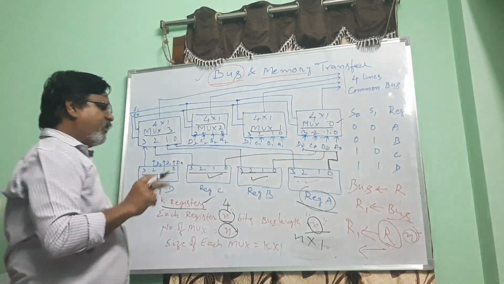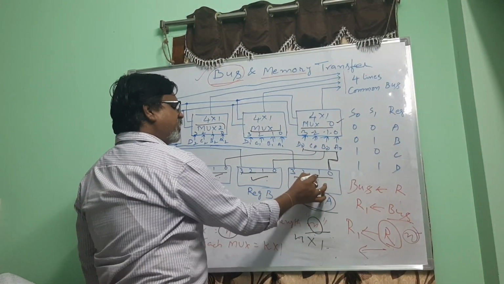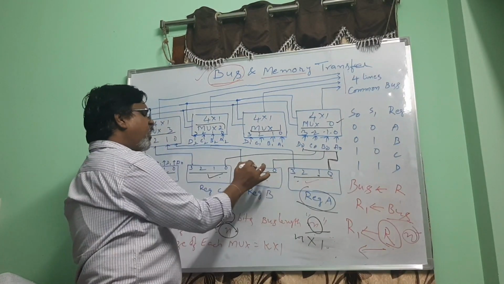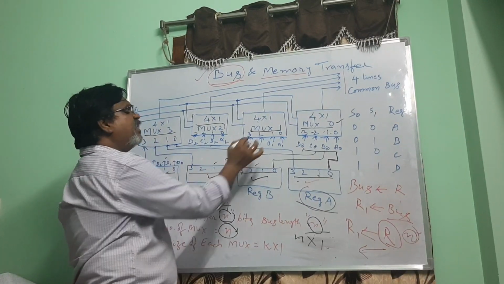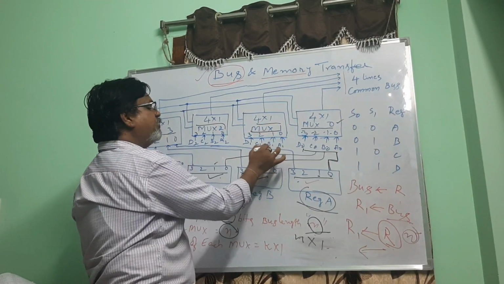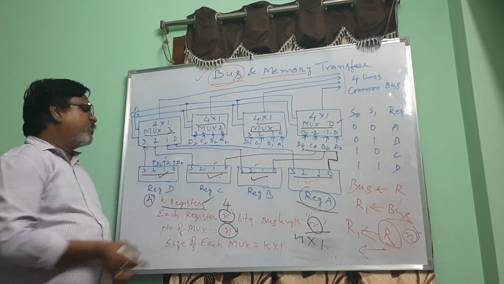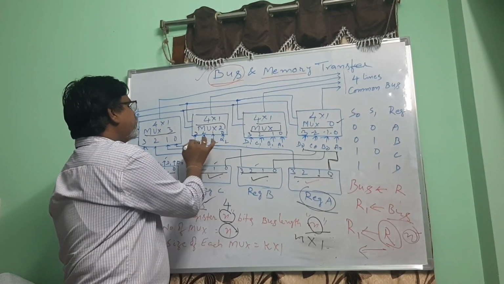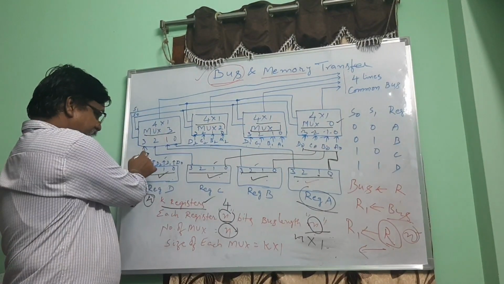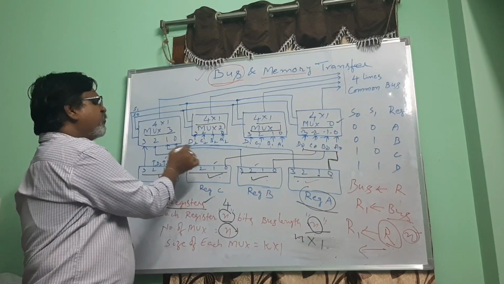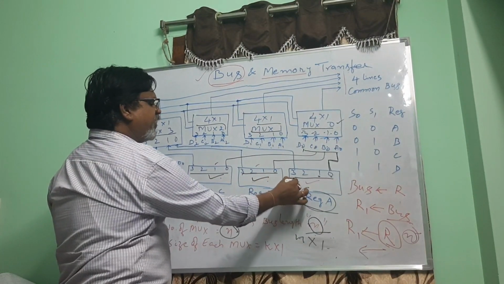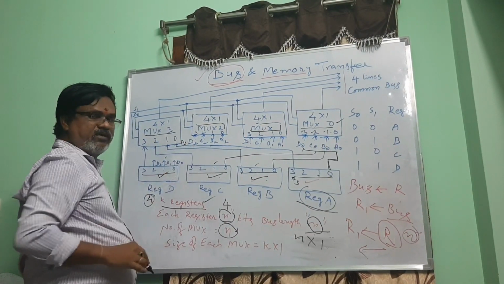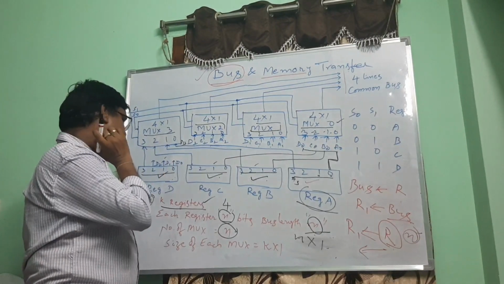You can even name them 1, 2, 3, 4, it doesn't matter. Naming doesn't matter. And in the same way, the next bit, the first bit, or if you consider this the first bit, this one is the second bit. The second bit of each register is connected with the next multiplexer: A1, B1, C1, D1. Okay? The third bit is connected to the third multiplexer: A2, B2, C2, D2. Fine? And here I have directly given the connections. This A3 is connected here, so it is A3. I want to write this during the explanation, that's why I have not mentioned it there.